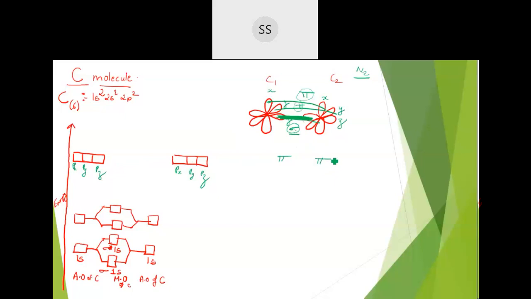Remember, pi you are going to write down and sigma you will be writing up. But when you go for the higher atoms, like for example oxygen, where the number of electrons increases, after oxygen, fluorine and all, the number of electrons is quite high. So due to this high number of electrons, repulsion will start taking place, and due to that repulsion, the sigma will shift down and the pi will go up. So till the nitrogen atom, you need to remember that the pi is written down and the sigma is written up.